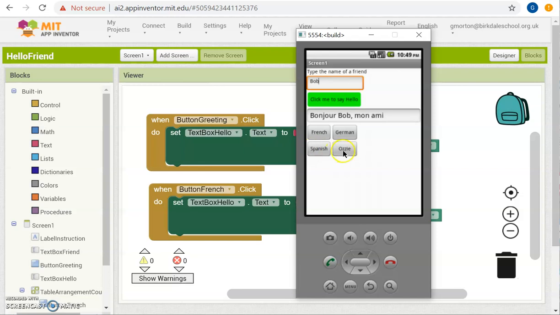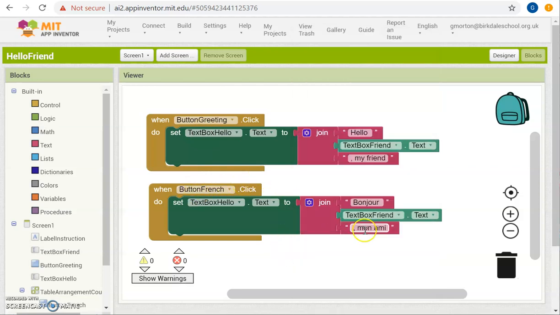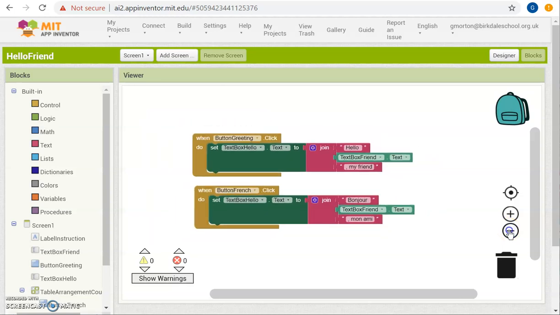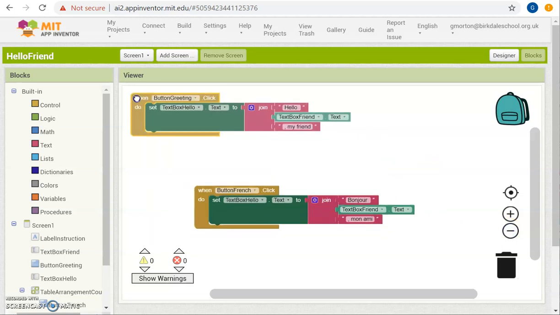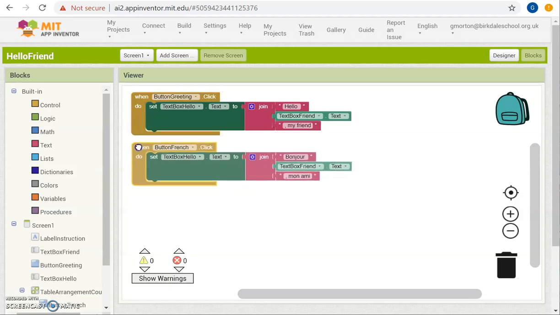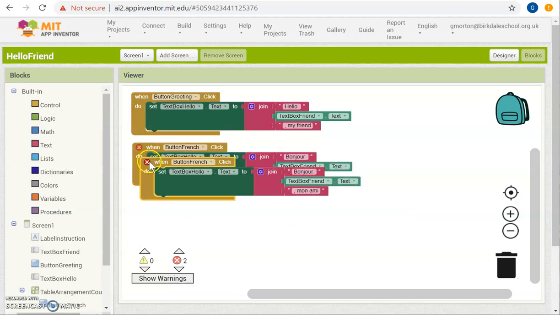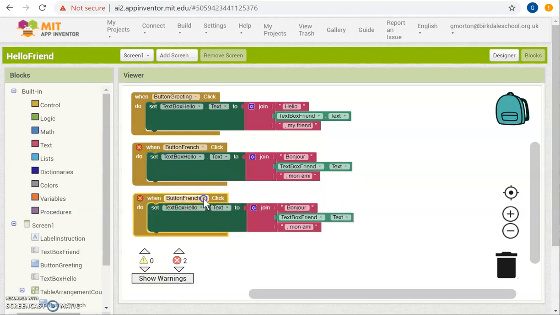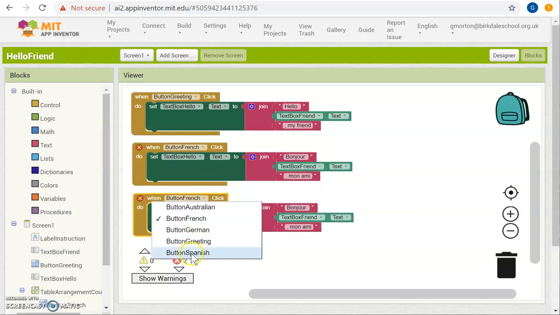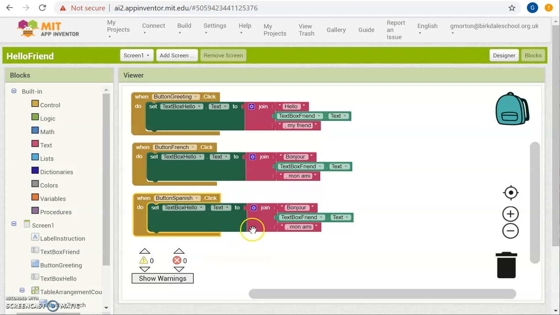German, Spanish and Aussie don't do anything yet because I haven't supplied event handlers for those. I only have button greeting and button French click. But it should be a relatively straightforward piece of coding to do, to take each of these, duplicate, change which button it's associated with. So if I go to Spanish, and then change the message in here to Hola, space,